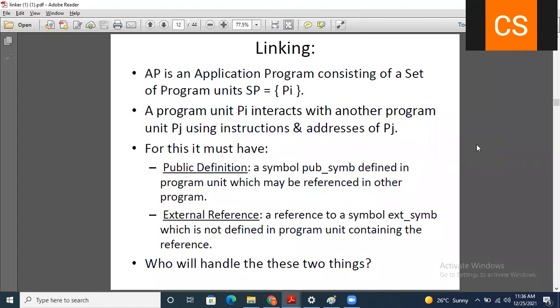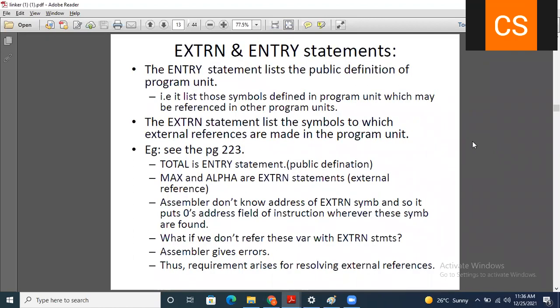Now, who will handle these two things, the public definition and external reference? These two things will be handled by the extern and entry statements.